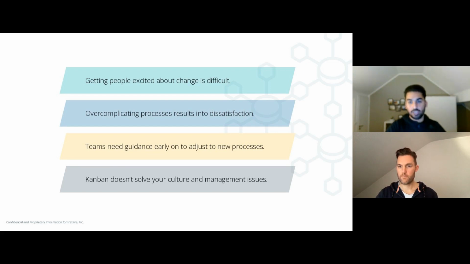Getting people excited for change is very difficult, right? You saw those Kanbanized boards, they could be intimidating. Sometimes people don't like to change a running system. And I think what is needed is some sort of leadership that paves the way and gives guidance to teams that need it, right? And not, as Henning said, in a micromanagement fashion, but rather in a fashion to say, hey, let me help you to be better, or let me help you to make this product better. Because at the end of the day, we all work at the same company, and our goal is to build a great product and maintain a great culture, right?